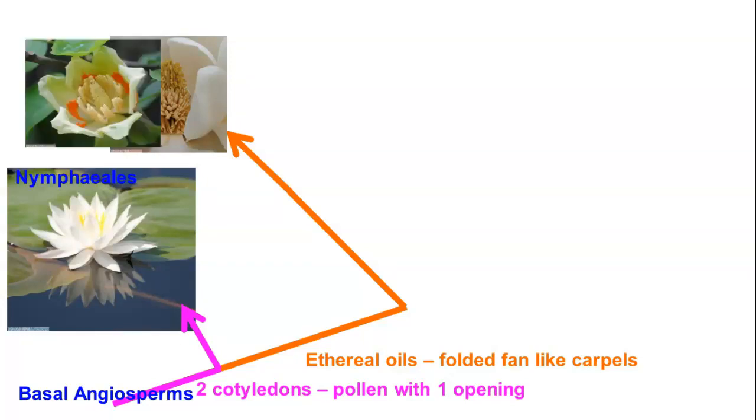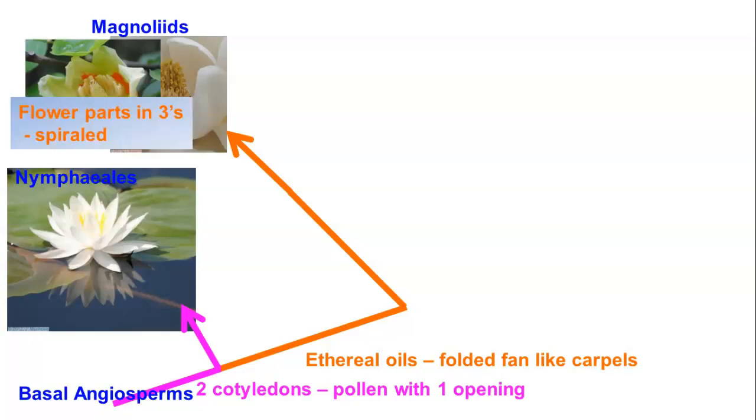This shows another one of the same sort, same group. What you see is the same sort of part. We group these in the magnoliids, and this includes magnolia and tulip poplar, which are the two flowers we have represented there. They have flower parts in threes, and they are spiral.